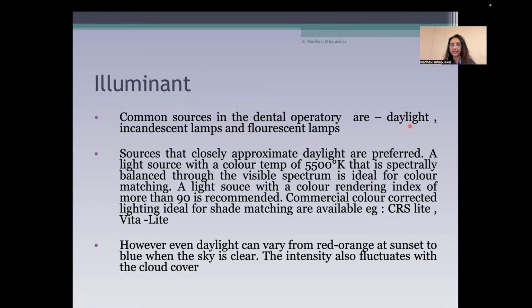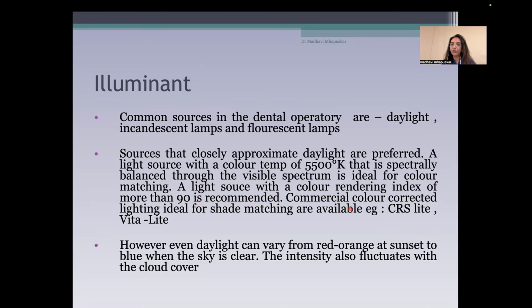We have daylight, incandescent lamps and fluorescent lamps. The sources that closely approximate daylight are preferred. A light source with a color temperature of 5500 Kelvin that is spectrally balanced through the visible spectrum is ideal for color matching. A light source with a color rendering index of more than 90 is recommended.